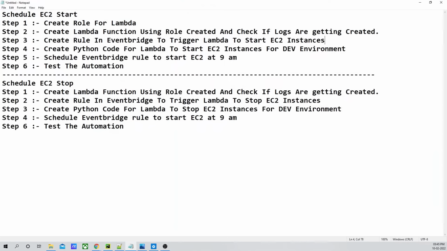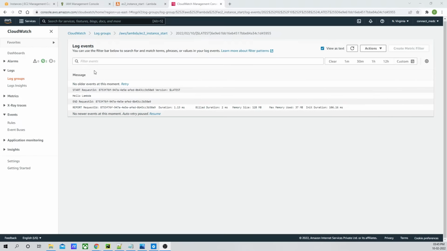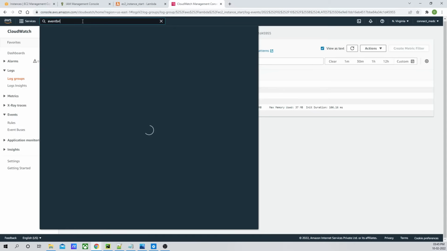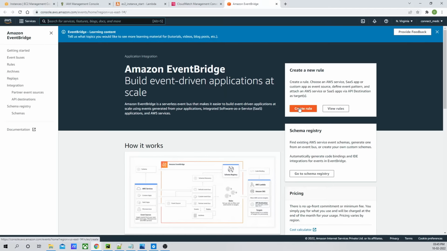Now we will move to step 3. What is step 3? We are going to create a rule in Eventbridge to trigger Lambda to start EC2 instances. For that, I will just search for Eventbridge. Okay, Eventbridge is opened. Now we'll click on create rule,